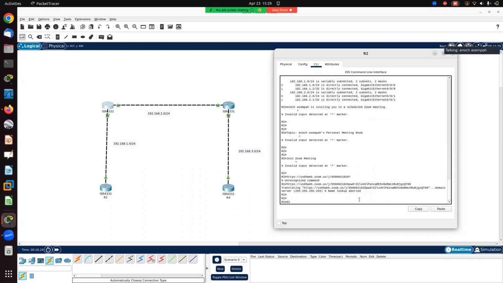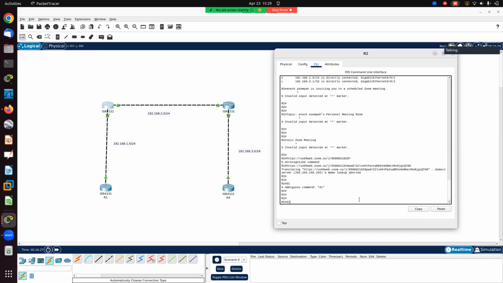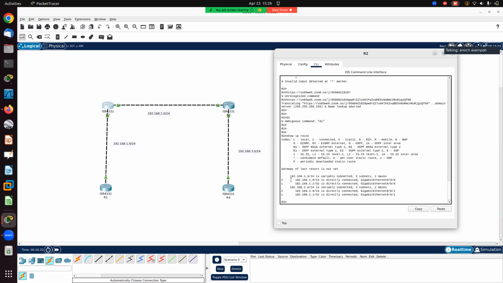Richmond, do you see the routing table? Yeah. So this is router 2, R2. C means directly connected. It is directly connected to